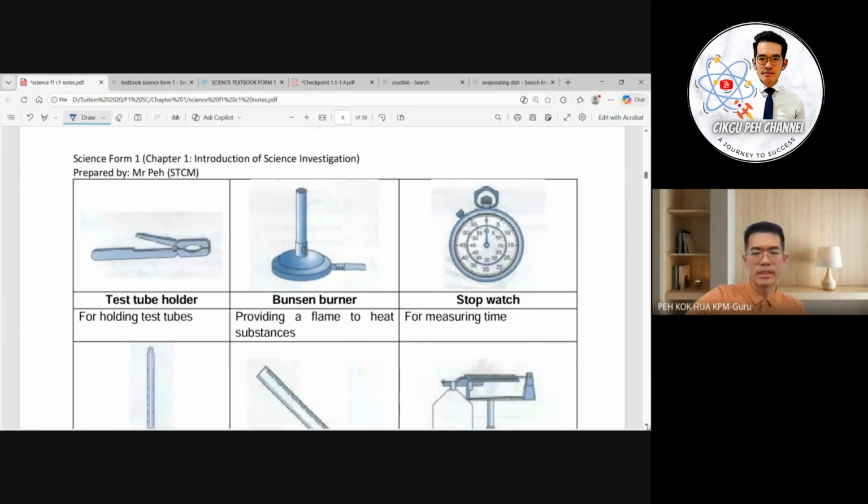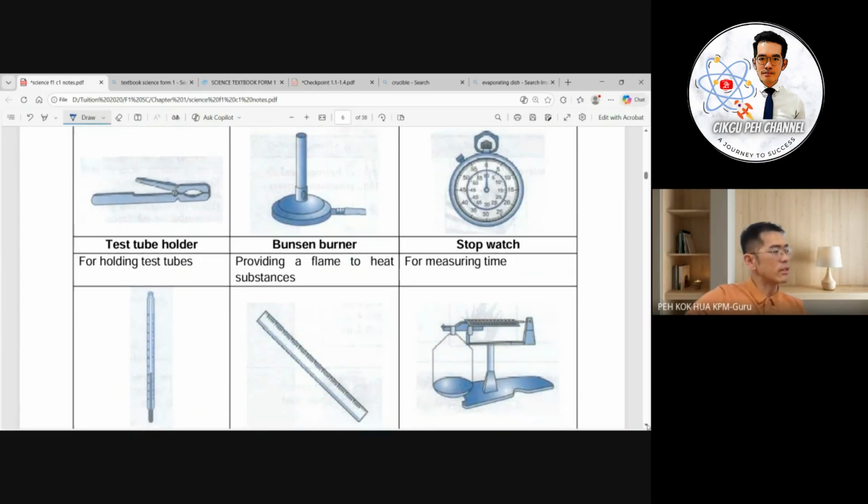Okay, then the next here, next page already, right? So we have test tube holder. So this is a test tube holder for holding the test tube. Okay, so you need to use the holder to hold the boiling tube, especially when you're doing the heating process, right? So that your hand will not be heated